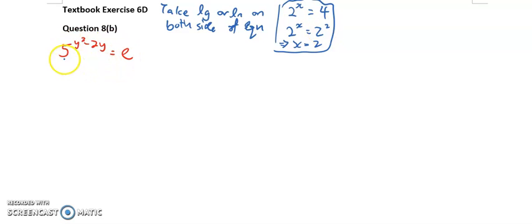Like for example, in this question, the base is 5. But for e, we can't convert it into base 5 without complexity in the working. So in such a situation, we take either log base 10 or natural log based on the requirements in the question. In this question we have an e here, so it is better for us to use the log of base e, which is ln. So we take natural log on both sides of the equation,